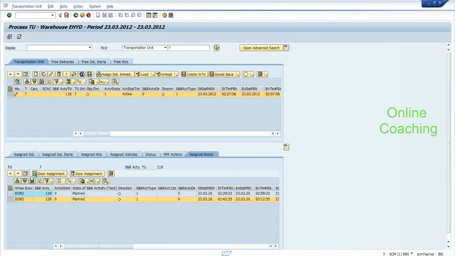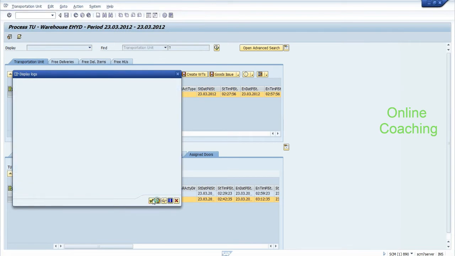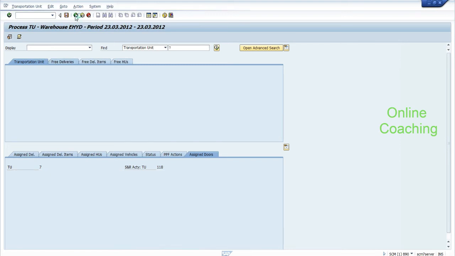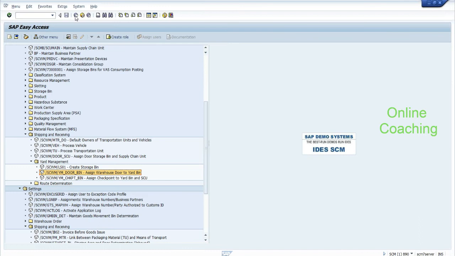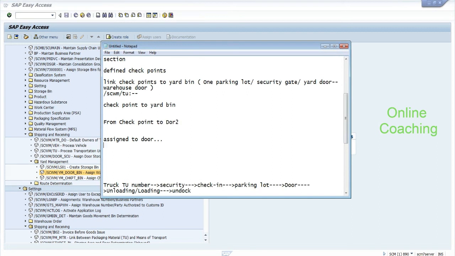At the end, for one unique entity, only one door-TU combination can be active. So a truck can be planned for multiple doors, but when it shows up, out of these 5 doors, I have one available, and I will go to this one. Exactly. Suppose I got a truck with multiple materials, first at door